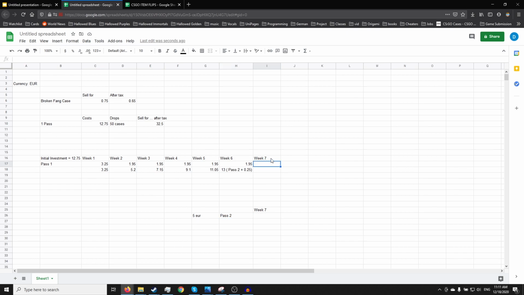First of all, in week 7 in pass 1 we get 1.95, which brings us to a total of 0.25 plus 1.95. Although in the past 2, we now can get all the earnings from the previous week, meaning that we get 3.25 plus 1.95 plus 1.95 plus 1.95 plus 1.95 plus 1.95 and plus 1.95. That equals 14.95, which means we have a total of